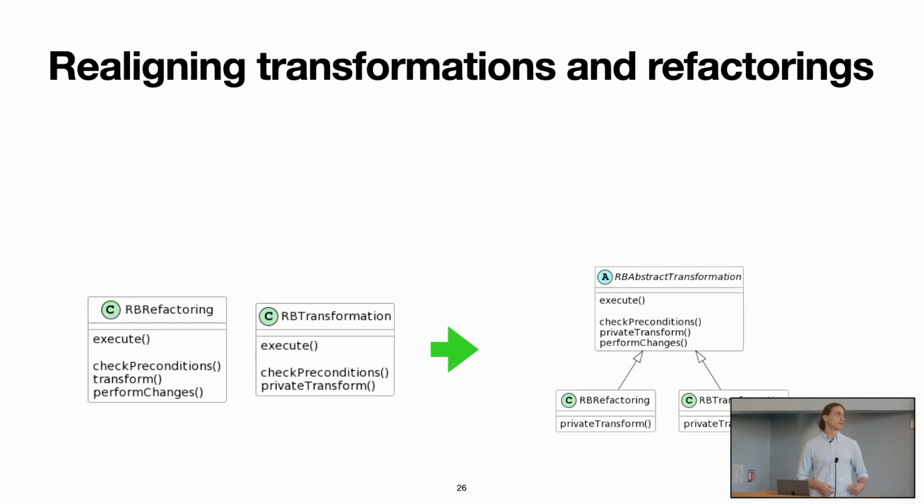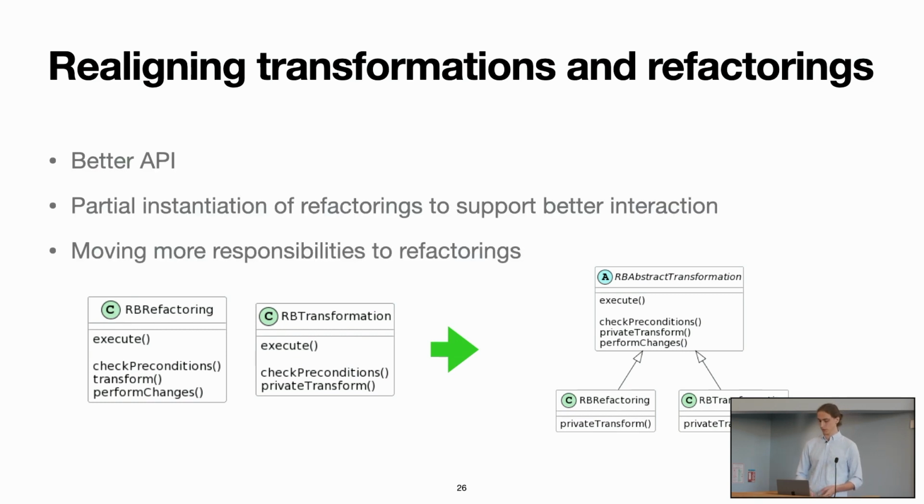So you can see on the left side that we had some different API, and now they use the same API, and they only override their own specific stuff like preconditions and transformation logic. Okay. So this cleaned the API, so it's better now, but it also allowed us to have some nice improvements of the code, like partial instantiation of refactoring,